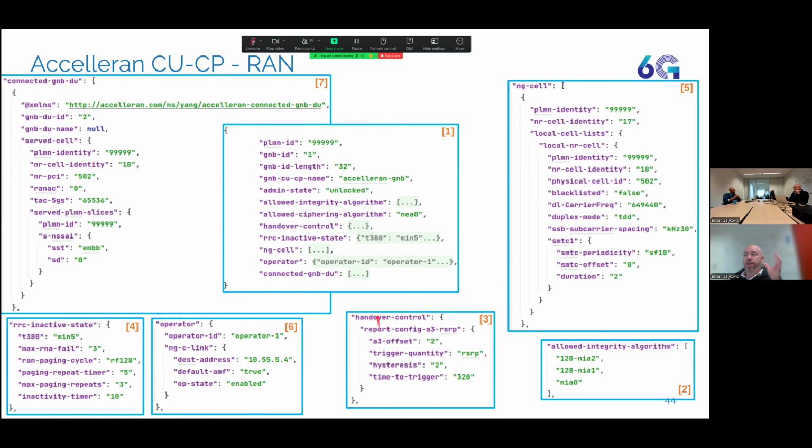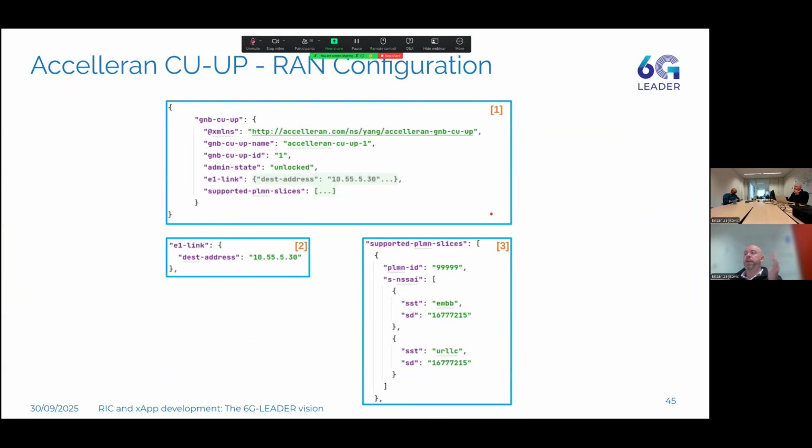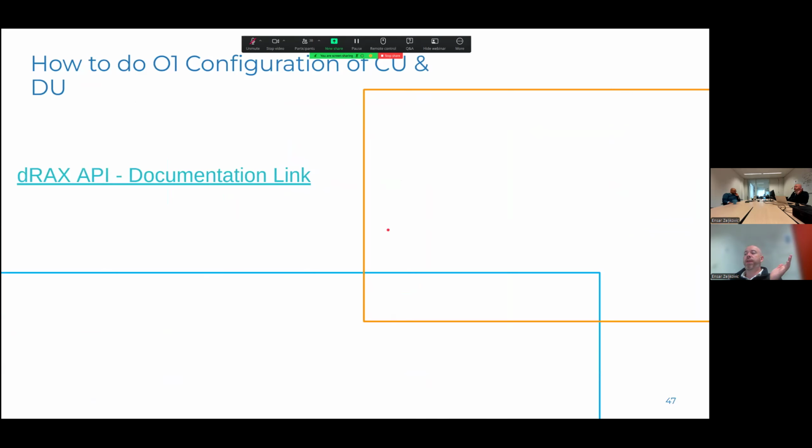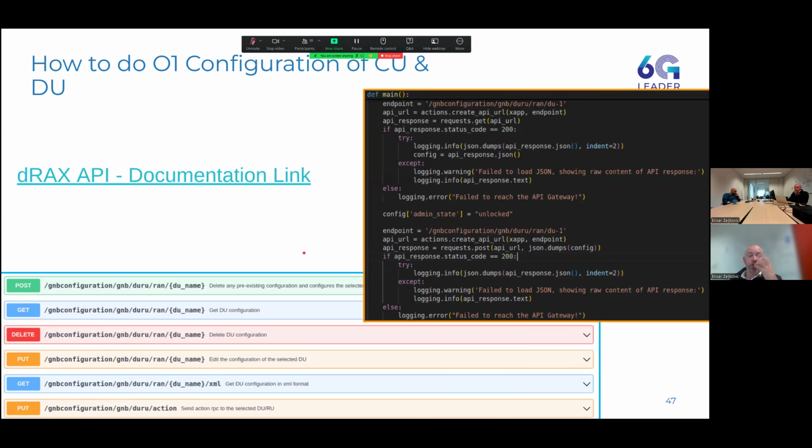All of these kinds of things. So these are for the CUCP. Likewise, we have them for the CUUP, and there's also for the DU. All of these parameters are available to be, let's say, changed using the SDK. Again, we have abstractions ready to go, and we have APIs that allow you to actually tap into these concrete configurations of the RAN network, and we can do that from the xApp side as well.